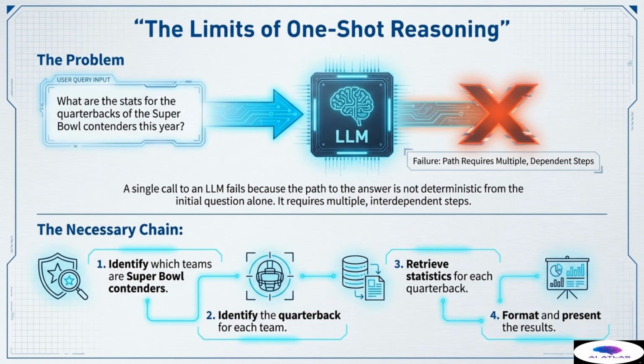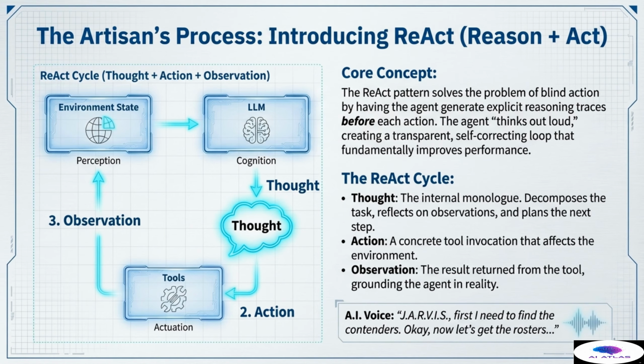This inability for the LLM to execute a full chain of reasoning and external action in a single step is the reason agentic systems exist. The first major architectural pattern we explore is the foundation of the artisan's process, introducing ReAct, which is the portmanteau for reason plus act. The ReAct pattern is the elegant solution to the problem of blind action that we just